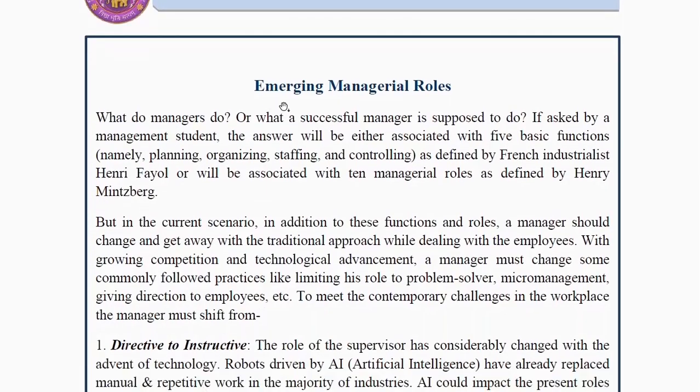Emerging managerial roles. What do managers do? Or what a successful manager is supposed to do? If asked by a management student, the answer will be either associated with 5 basic functions, namely planning, organizing, staffing, and controlling, as defined by French industrialist Henri Fayol, or will be associated with 10 managerial roles as defined by